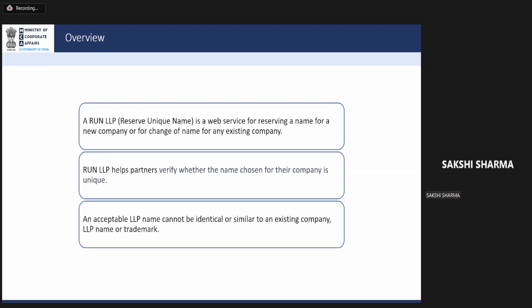So earlier, when users were required to check the trademark, they had to go to the trademark website and cross-check the details. But now this facility is available on the MCA portal itself. As soon as the proposed name is put in the proposed name option and the auto check facility is clicked, the user will be able to see the different types of errors and alerts, and also the related trademarks which are already registered in that particular name, if any. So the user can make an informed decision if he wants to go ahead with that particular name or not.